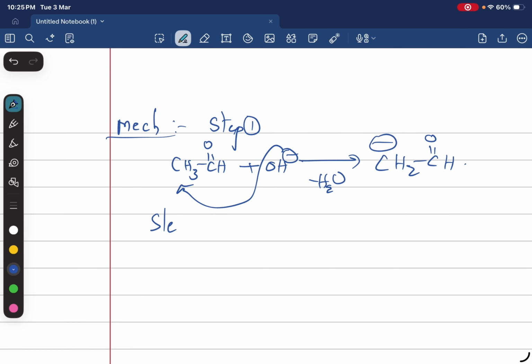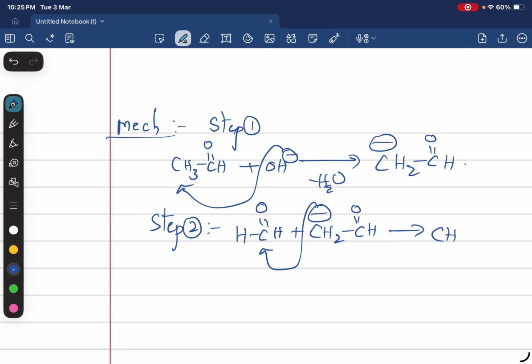In step 2, that will attack the carbonyl compound which doesn't have alpha hydrogens. So HC double bond OH is formaldehyde, where no alpha hydrogen is present. So the enolate ion will attack this one and gives